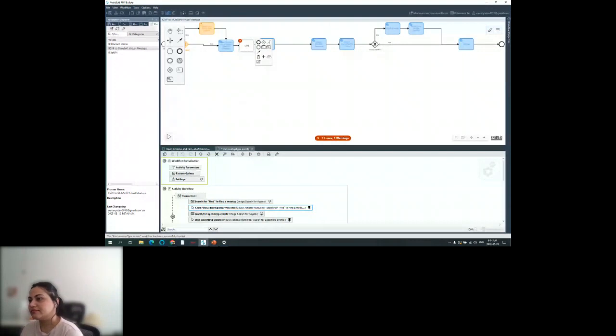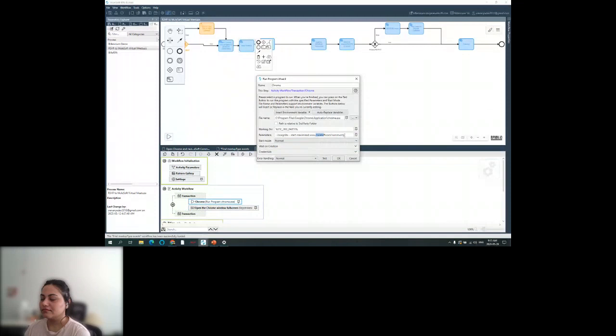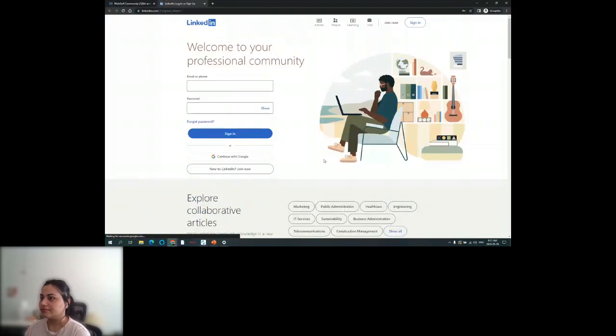I'll say, open LinkedIn. So let me keep it as open LinkedIn. Okay, let me go here. First thing what I can do is I can also copy paste these two here. That is a good thing here. Now I can paste because I need to open LinkedIn. Instead of going to mulesoft.com, what I can do is type www.linkedin.com. Okay, I'll click on it. I can also test it, just like we have test connections, right? In MuleSoft Anypoint Studio, we have test here as well. Now you can see it is opening LinkedIn.com.